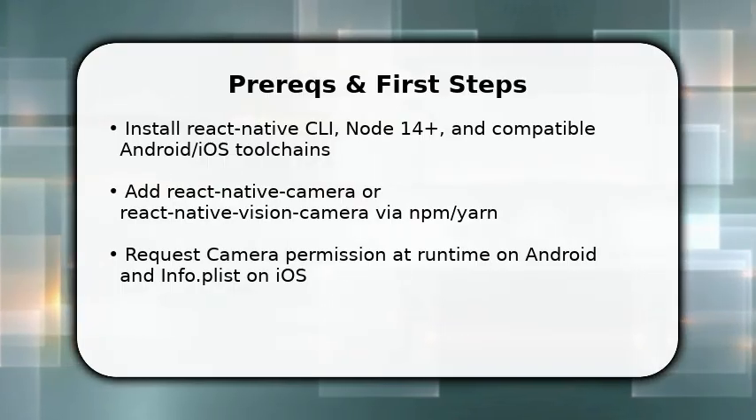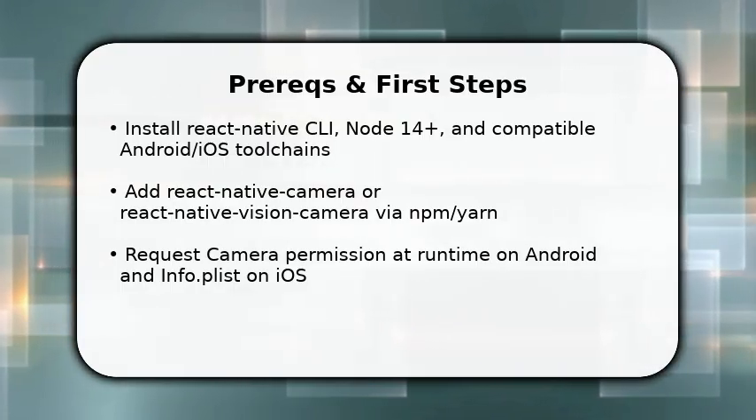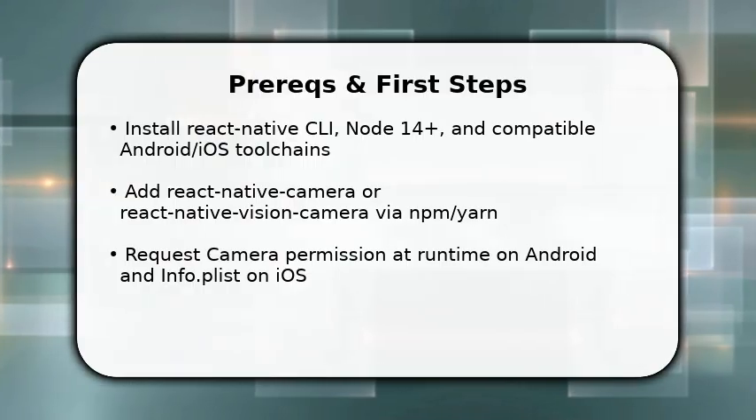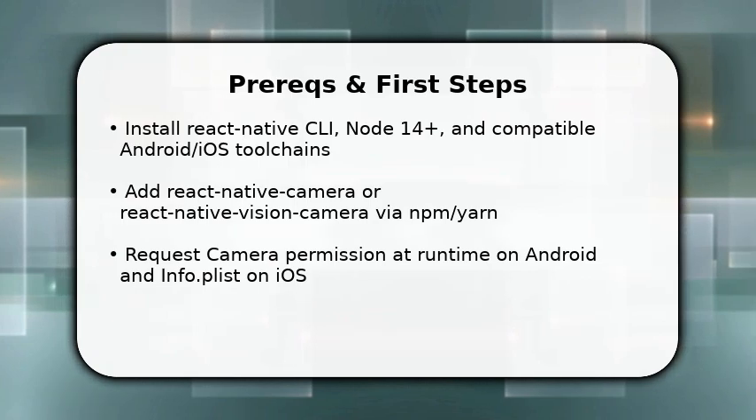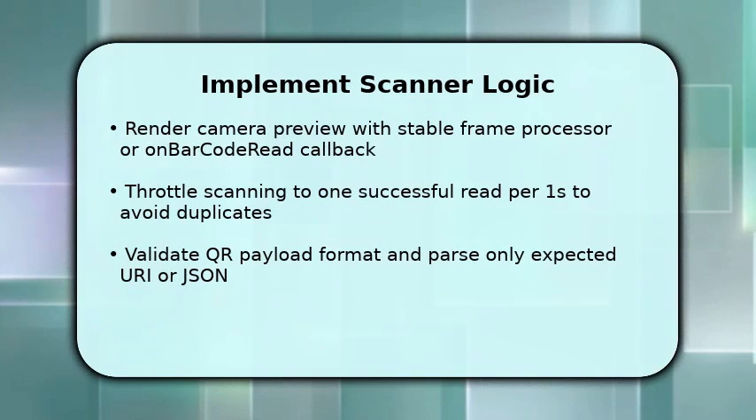Next, create a minimal scanner screen component and import the camera view. This immediate work sets native capability. You proceed only after the app can access the physical camera and the package builds. Now you implement the core